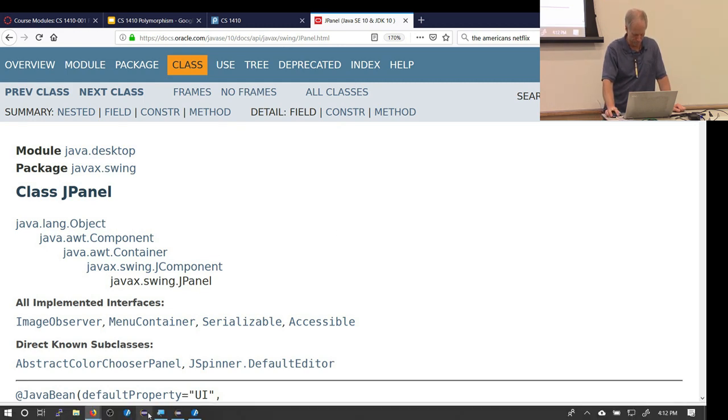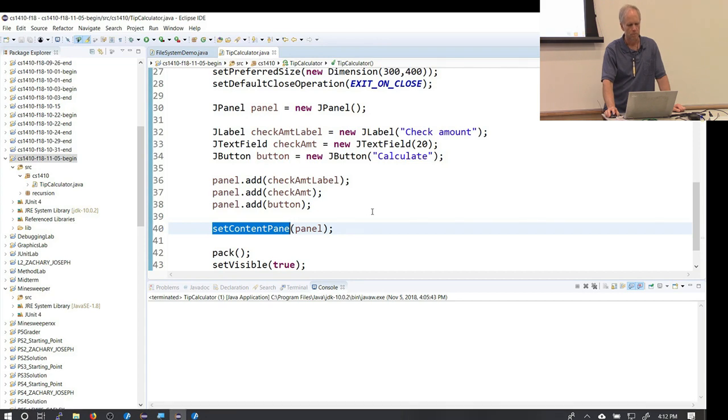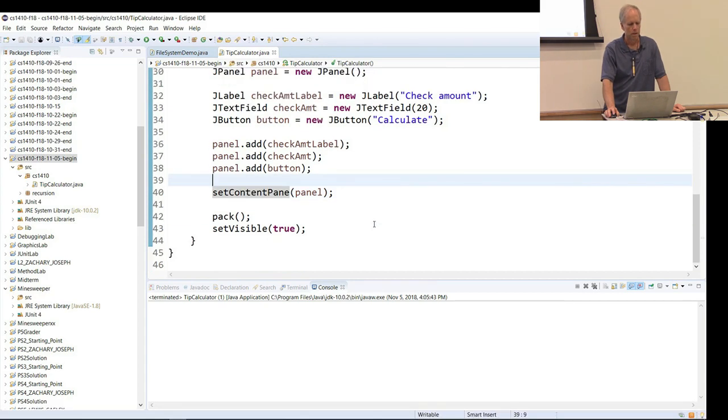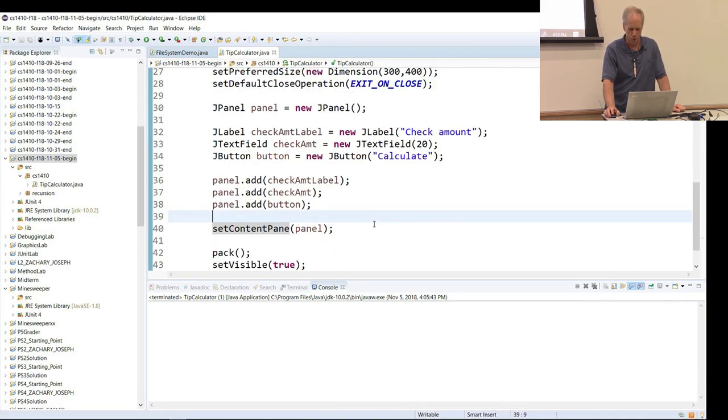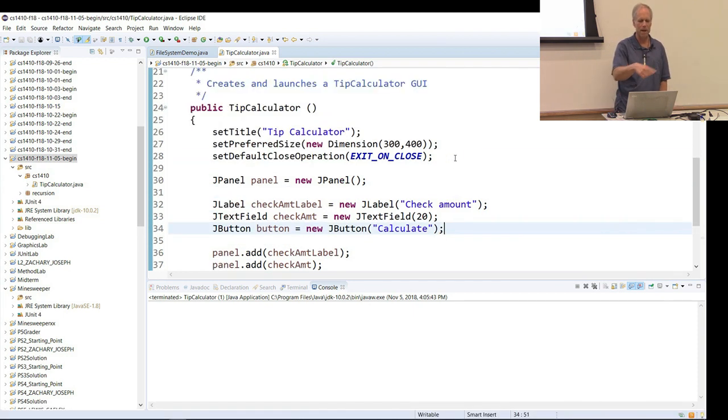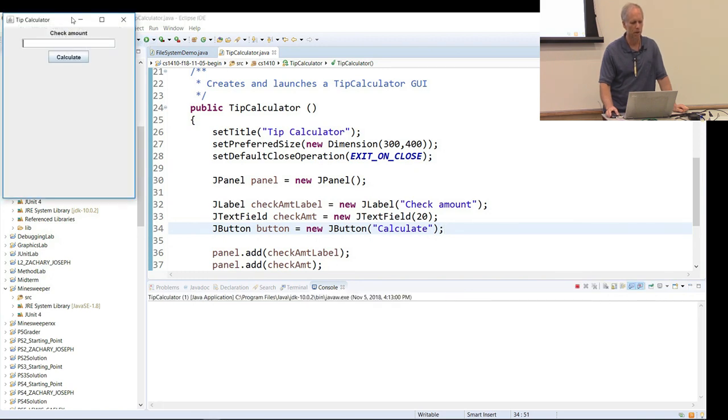Okay, so another thing to wonder about is, besides, I could go and type in more things to display, more labels and panels, but that's more of the same. I could lay them out in a pleasing fashion, which is the subject of the lab tomorrow. But what this really leads to, to make this work, is we need to make this calculate button do something